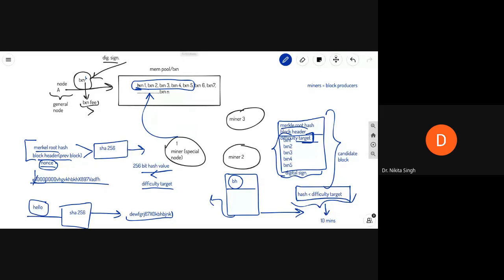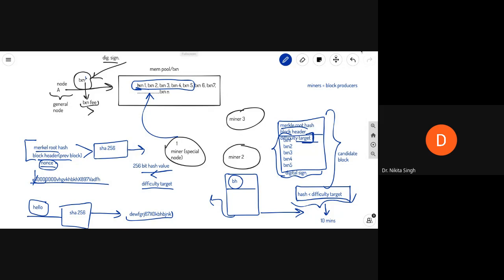Yes, you need to change the nonce value in each iteration. Whenever you are trying to get a new hash value, you cannot get it by simply passing your Merkle root hash and your block header through the SHA-256 function. This will always give you a constant value, because the transactions and the previous block header are constant values, and no matter how many times you pass them through your SHA-256 function, it won't change. So you use a parameter which is known as the nonce